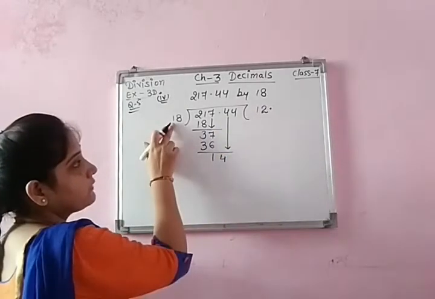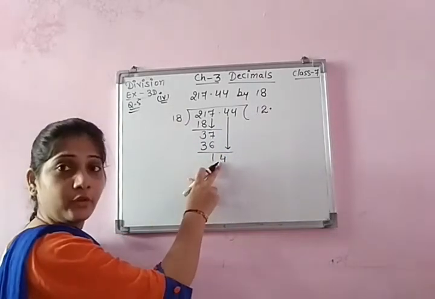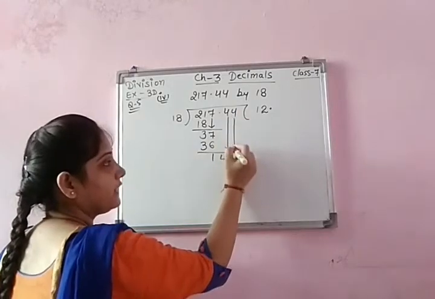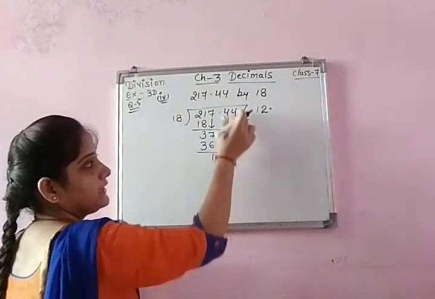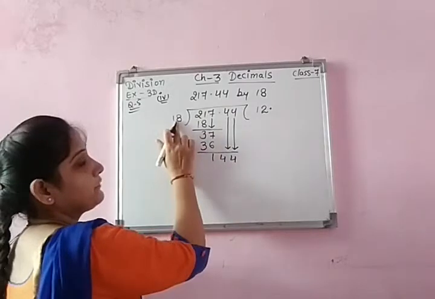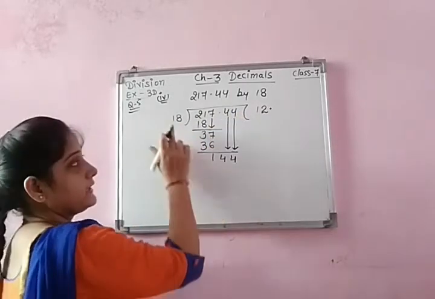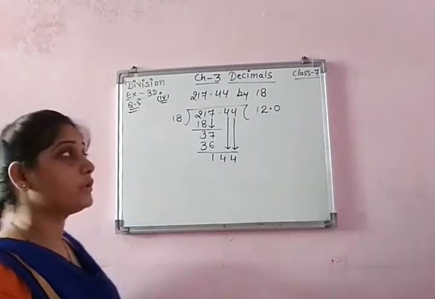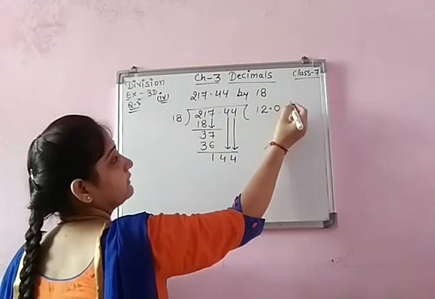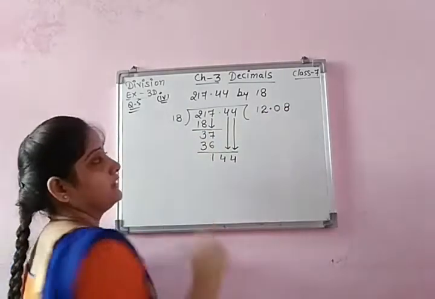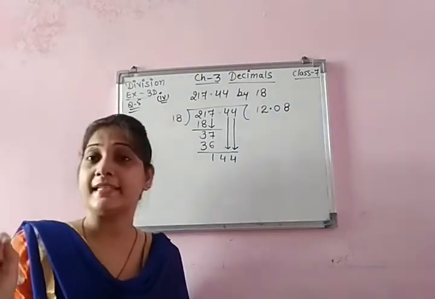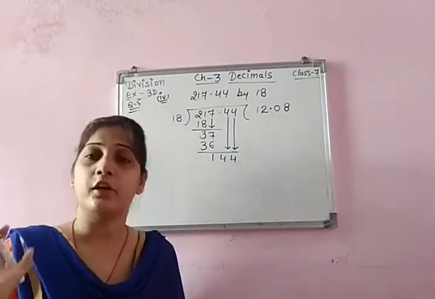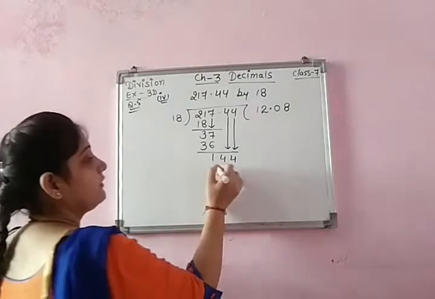Now you can observe that in the table of 18, 4 doesn't come. So we have to write one more digit, and if we are writing 2 digits together, then you have to give a 0 first to the quotient. And then 18 8s, you need the table at least till 20 to be on your tongue. 18 8s are 144.